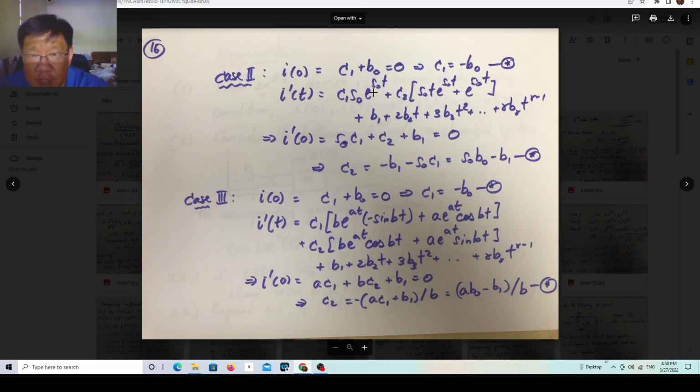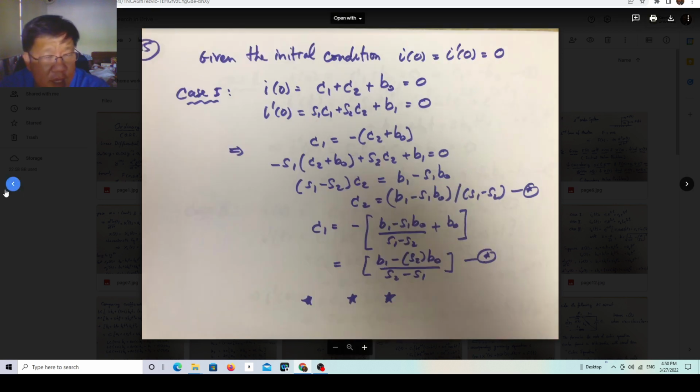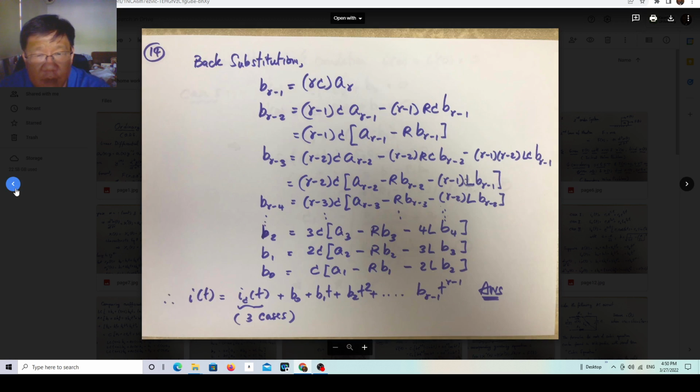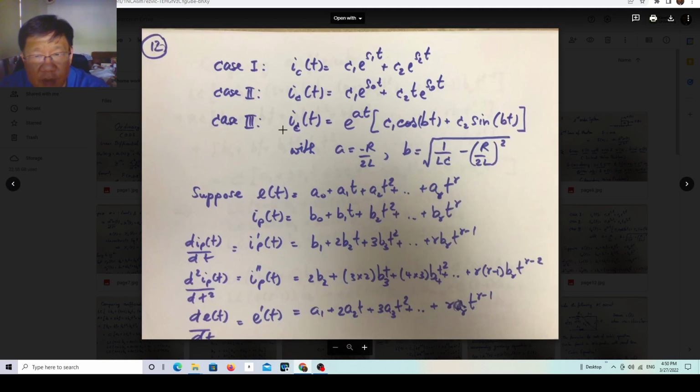In case 2, the first term is C sub 1 e to the exponent function of s sub 0 t. So when you find the derivative, you only move s sub 0 out here, so C1 s sub 0, similar to when you have the unrepeated root. But the second term is a little bit more tricky because the second term is a multiplication of functions of t. When you find the derivative it is not obvious, because you have t times